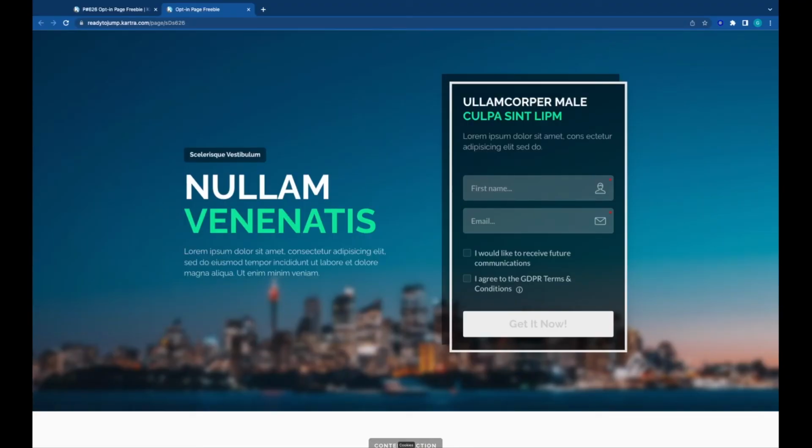So now the final step is to test your funnel. And the reason why I said you need to test it is because you want to see that it's working the way you are expecting it to work. The best way to do it, in my opinion, is to use an incognito window. So you just go here in the three dots in Google Chrome and say new incognito window. And the reason why I like to do incognito window is because it will let you test your lead generating funnel without having any cookies there. So you don't have anything built here. You will have to type all the information in there, and it's going to be like somebody new coming to